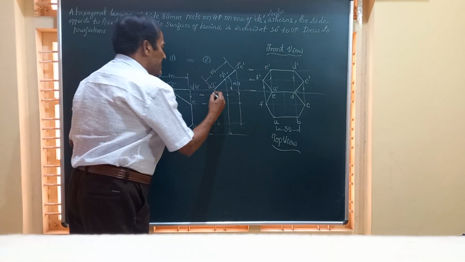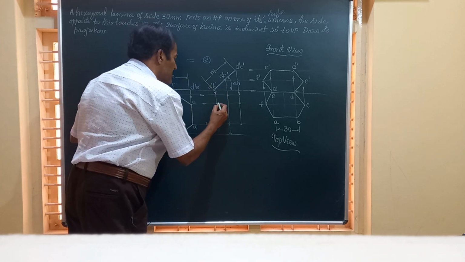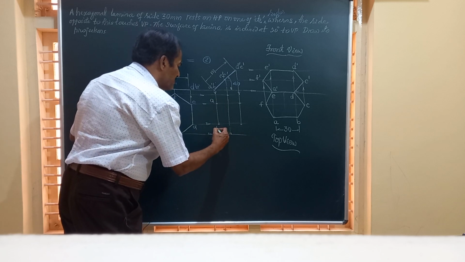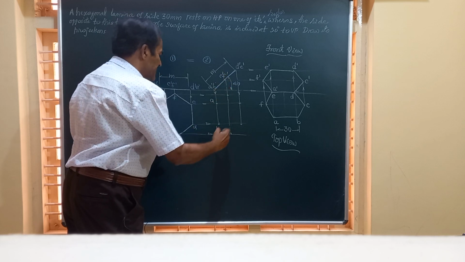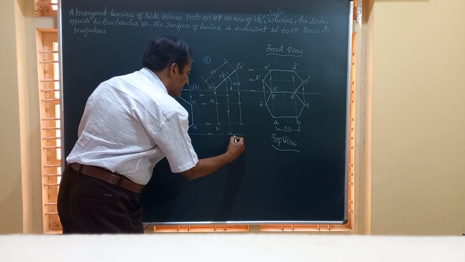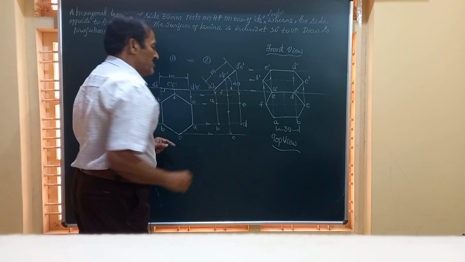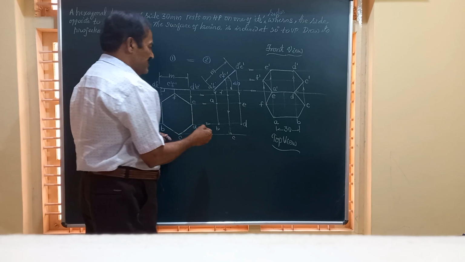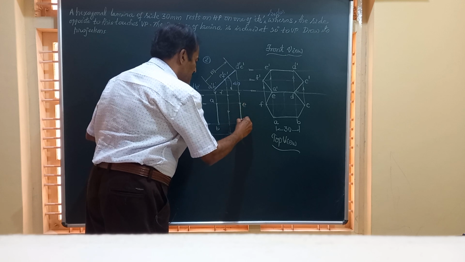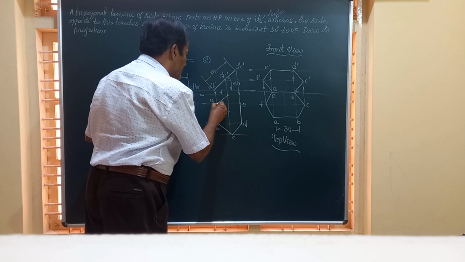Let me start with point A or the corner A. Vertical line from A dash, horizontal from this A. The point where they intersect is point A. Similarly, we obtain B on this. C, vertical line from this C dash, horizontal line from here. They meet at this point, and we call this point as C. This is D, E and F on the same line. Friends, now we will join all these corners by straight lines. So I am going to write A to B, E to D, D to C, B to C, then F to A,